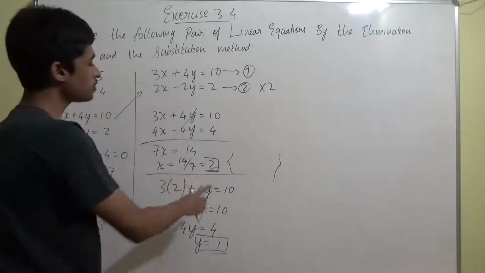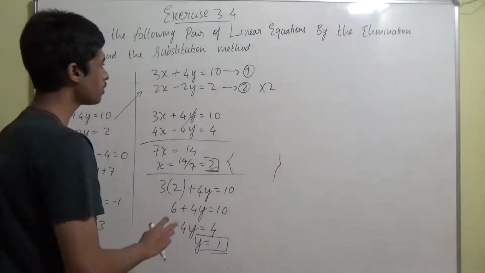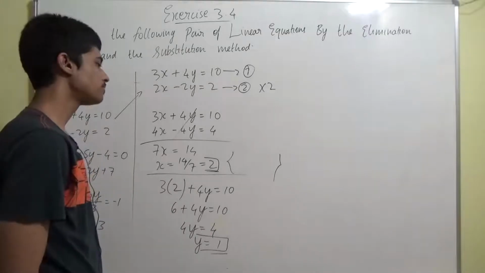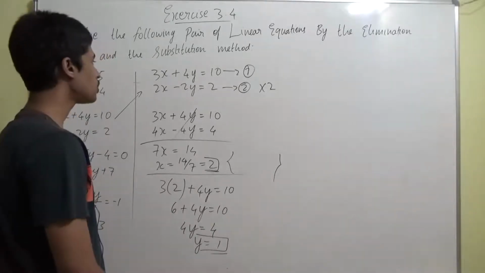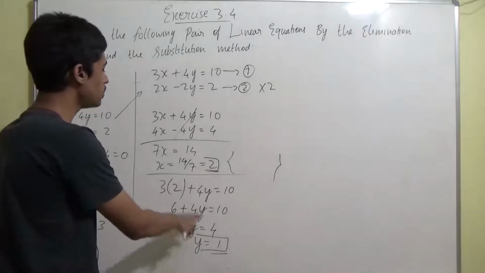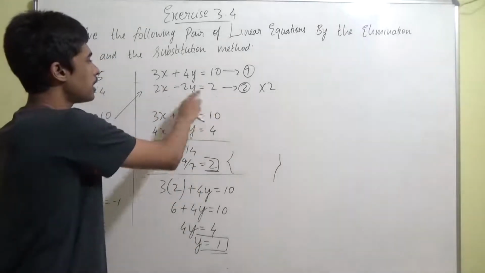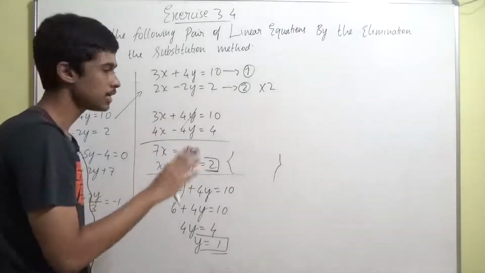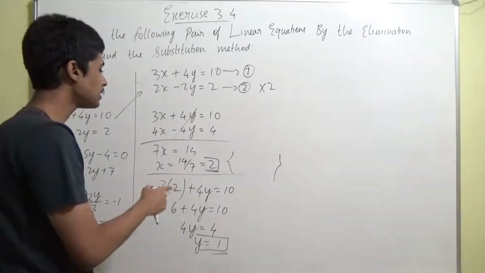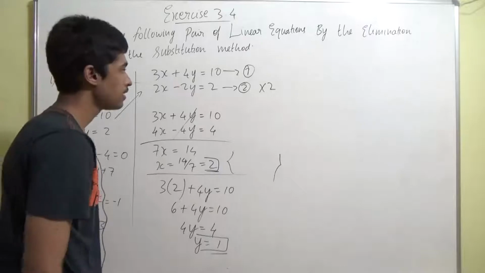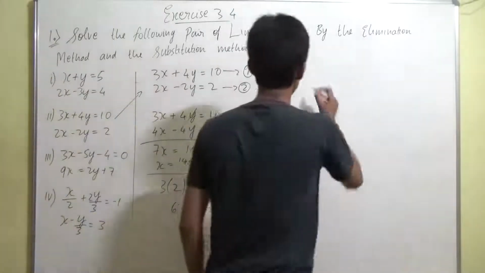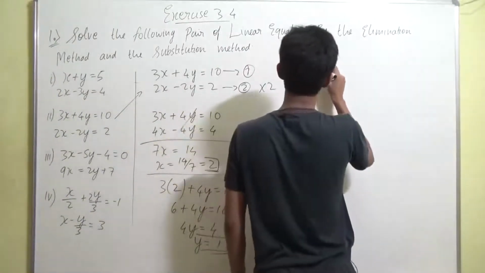So the value of x we got as 2 and the value of y we got as 1. So we found the answer. Done. If you want to verify this, we'll substitute both the values x and y in the equation and see if LHS is coming out to be equal to RHS. If LHS comes out to be RHS, it means the equation is verified and the answer which we got is correct. Right. Verification step, I'll do it here. Verification.